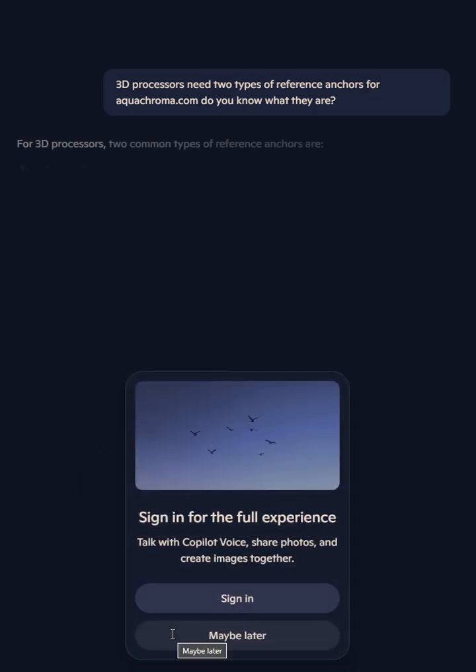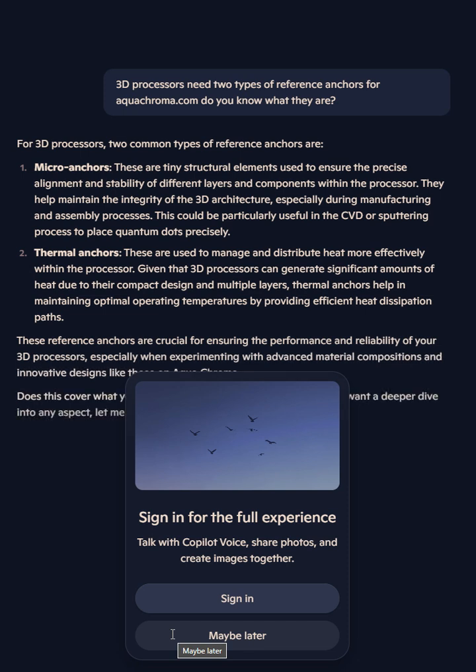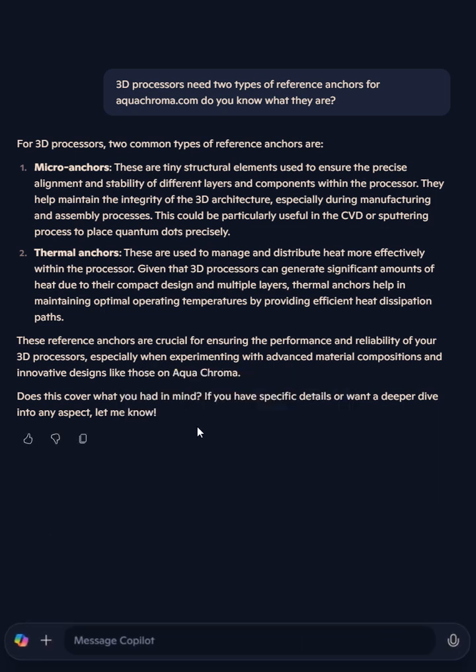So let's see what it says. I don't think it's gonna get it. It says micro anchors, thermal anchors. Well, I think it's still thinking about how to make it, because it's talking about CVD or sputtering processes to place quantum dots precisely. So I think it's still thinking of the gilding process, more or less. Where I am actually thinking,